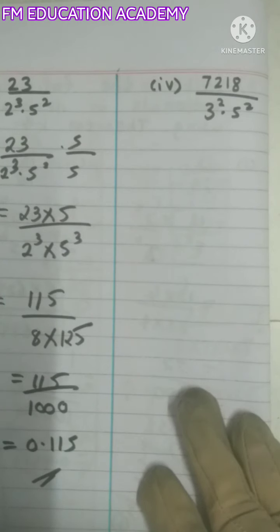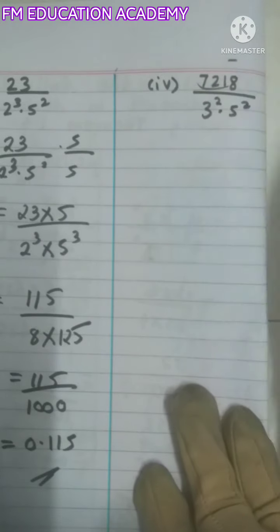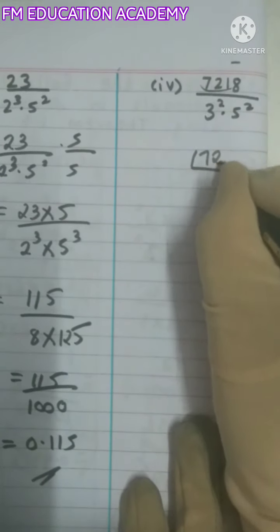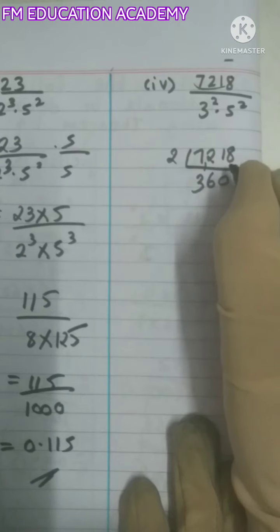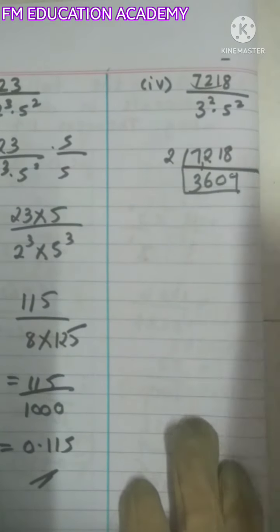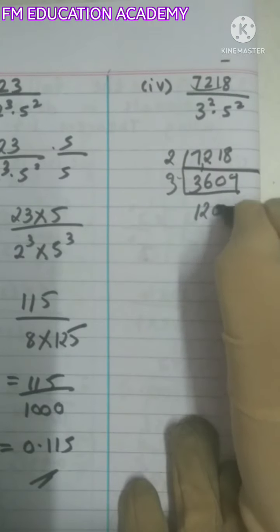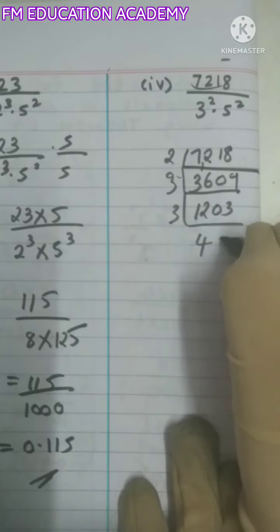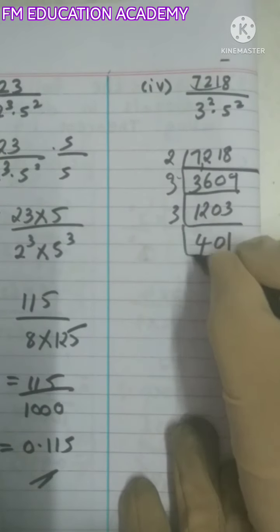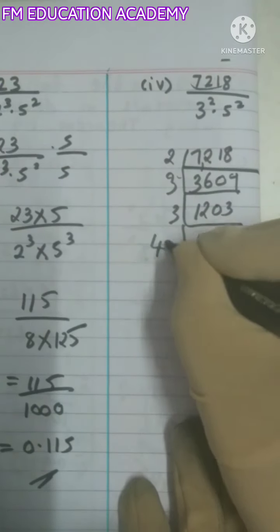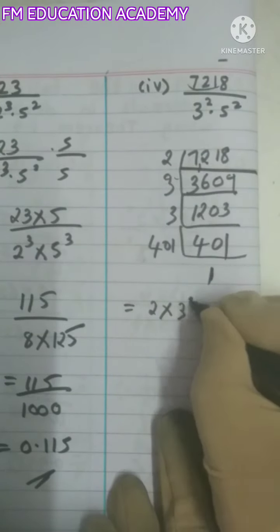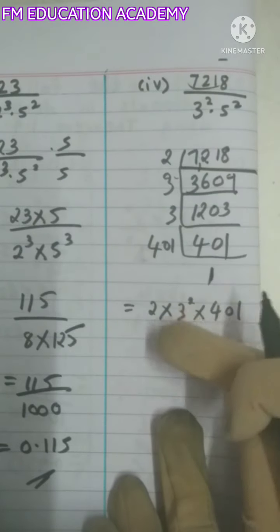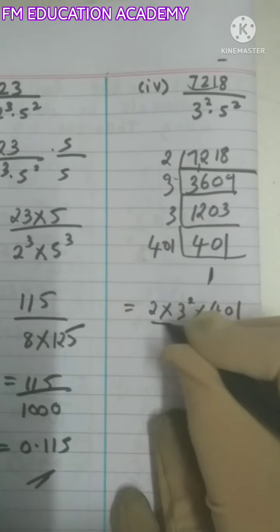सबसे पहले अगर आप लोग कभी भी ऐसा वाला अगर फ्रैक्शन आप लोग को आया तो सबसे पहले ये 7 to 1/8 के प्राइम फैक्टराइजेशन निकालिए। ठीक है, तो मैं यहाँ पर मैं भी 7 to 1/8 का प्राइम फैक्टराइजेशन निकालूंगी। 2 3 6, 7 6 is 1 2, 2 6 12, 2 0 0, 1 8 आता, 2 9 18 आता हम लोग को, राइट। फिर उसके बाद 3 से जाता है, 3 1 3, 3 2 6, 3 0 0, 3 3 9, 3 4 12, 3 0 0, 3 1 3। अब 401 जो है वो प्राइम नंबर है, तो 401 400, याद रखिए आप लोग, 401 प्राइम नंबर है। तो हम लोग 7 to 1/8 कैसे लिख सकते, 2 इंटू 3 कितने बार है, 2 बार है ना, तो हम लोग 3 को कैसे लिख सकते, 3 स्क्वेयर इंटू 401। सो 7 to 1/8 क्या आया हम लोग को, 2 इंटू 3 स्क्वायर इंटू 401, वो हमारा न्यूमरेटर था, बाय 3 स्क्वायर इंटू 5 स्क्वायर।